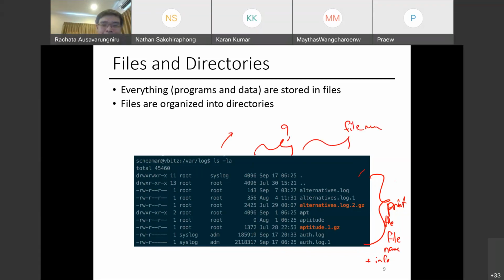This is the group ownership, we'll talk about that in a bit. This is the owner of the file, so you know who owns the file and which group owns these files. And these are the permissions.